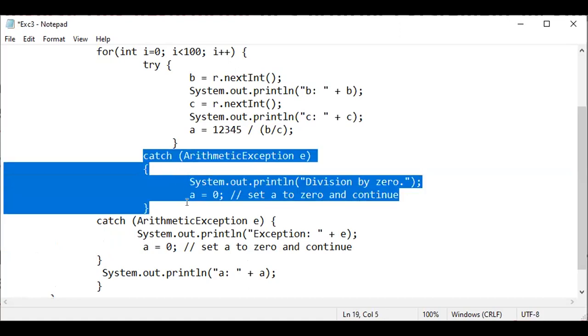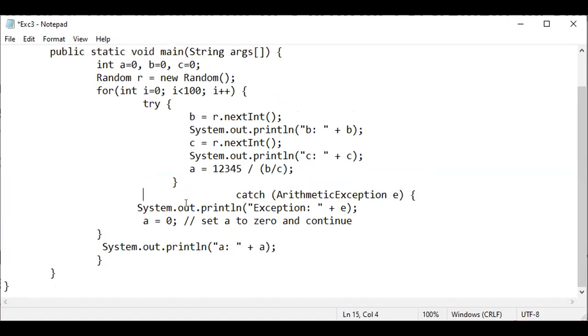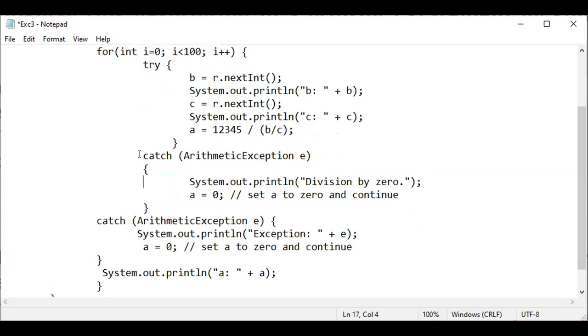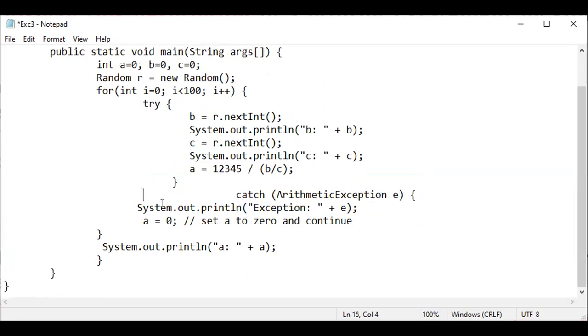I'm completely replacing this catch block with this one. So this is the try block and this is the catch block. It is just displaying what type of exception is generated.